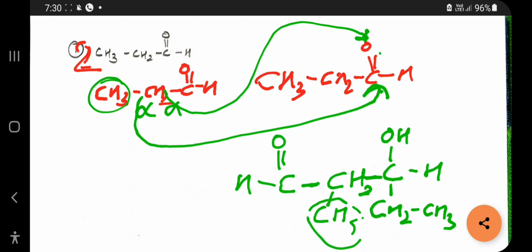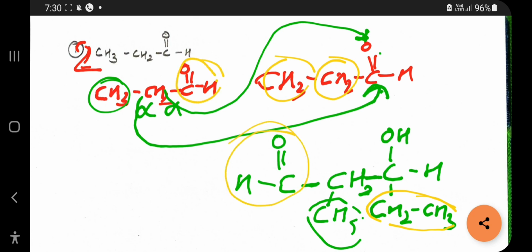Okay, this CH2 CH3 is here. That's it. This COH is here. As an H got attached here, it became OH. H got attached here, so sorry, this is CH. This is not CH. This is CH. One of the H has gone here, and this carbon is attached here. This is the product obtained. So this is the answer. I think it will be easy for you, this one.